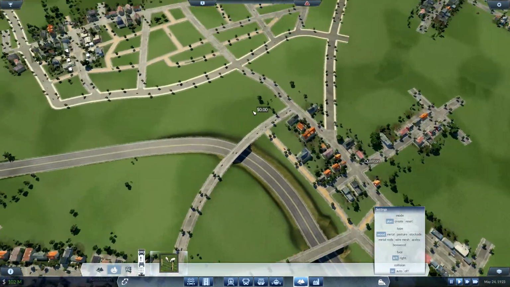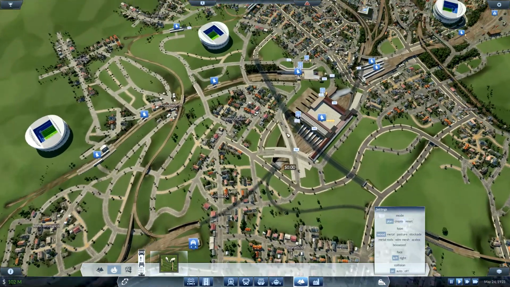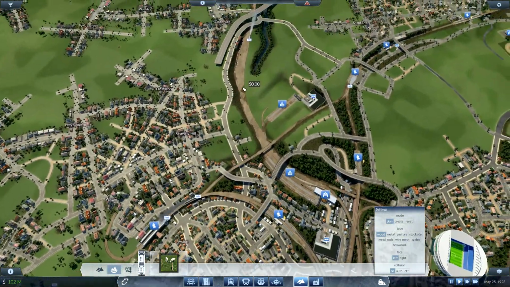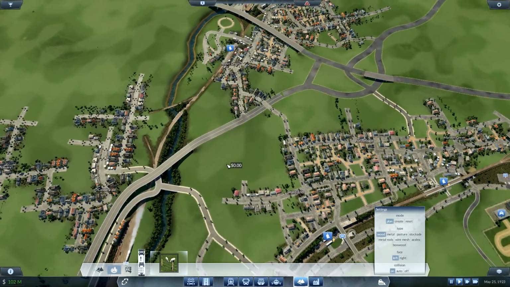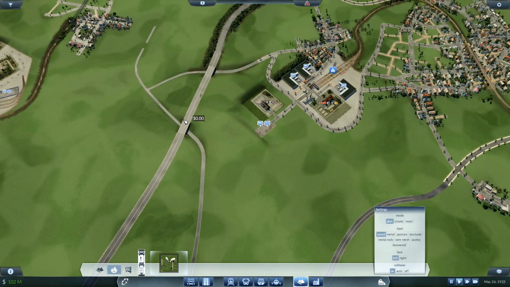There was some discussion recently on my episodes about this doesn't stop the AI from building. I feel it does stop the AI from building, and I have some proof. If we go all the way... I'm lost. This map is huge. If we go all the way over to this area...